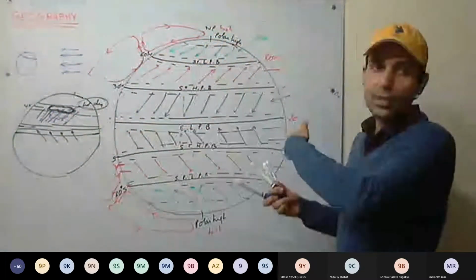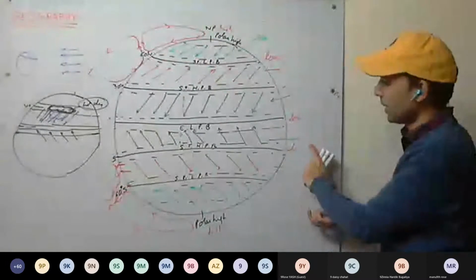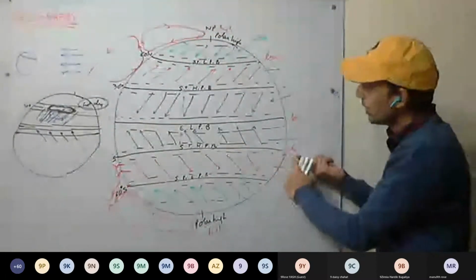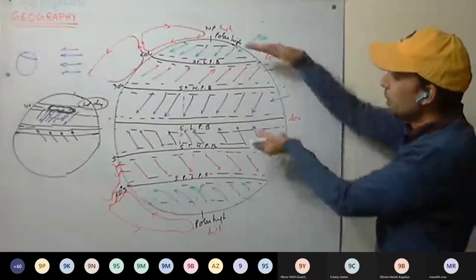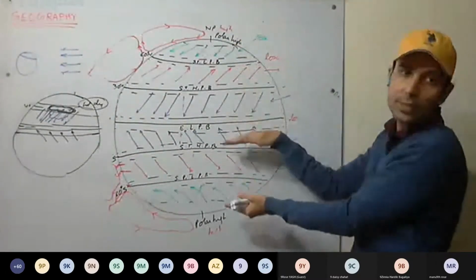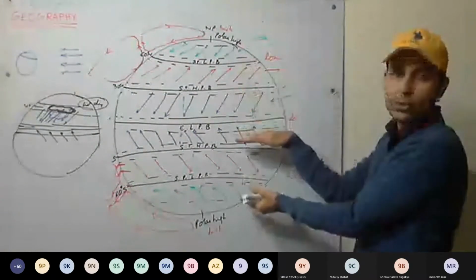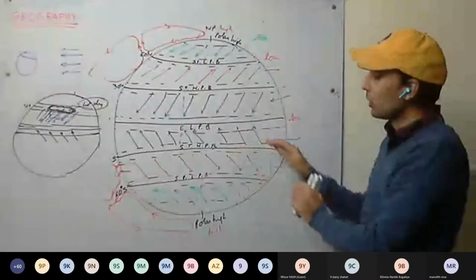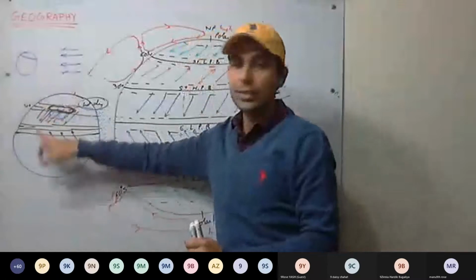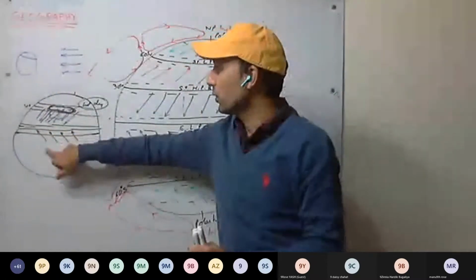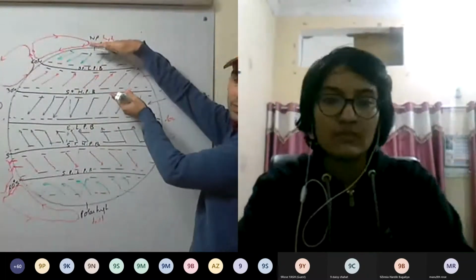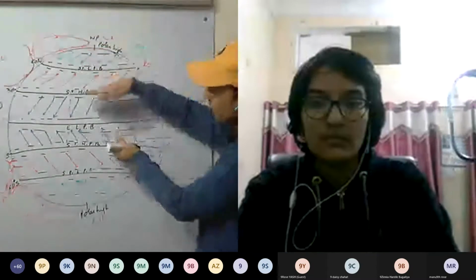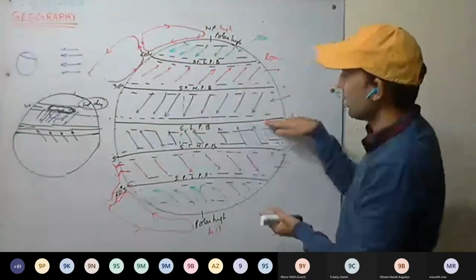But what happens in winter? The sun will be overhead on the Tropic of Capricorn. So these pressure belts will shift towards south. Again, see what happens: on the summer solstice, 21st June, all pressure belts shift towards north. Then on the equinox, 23rd September, they shift towards south and are back at their place.